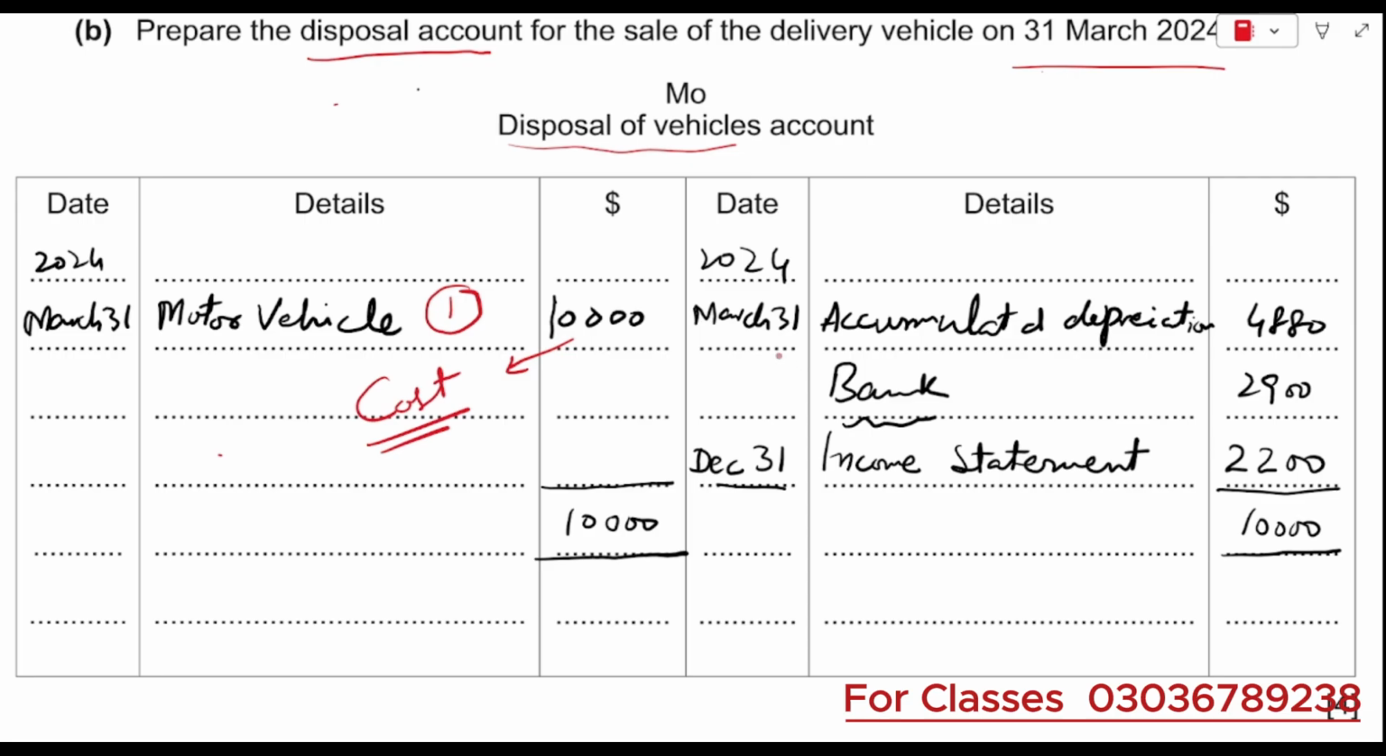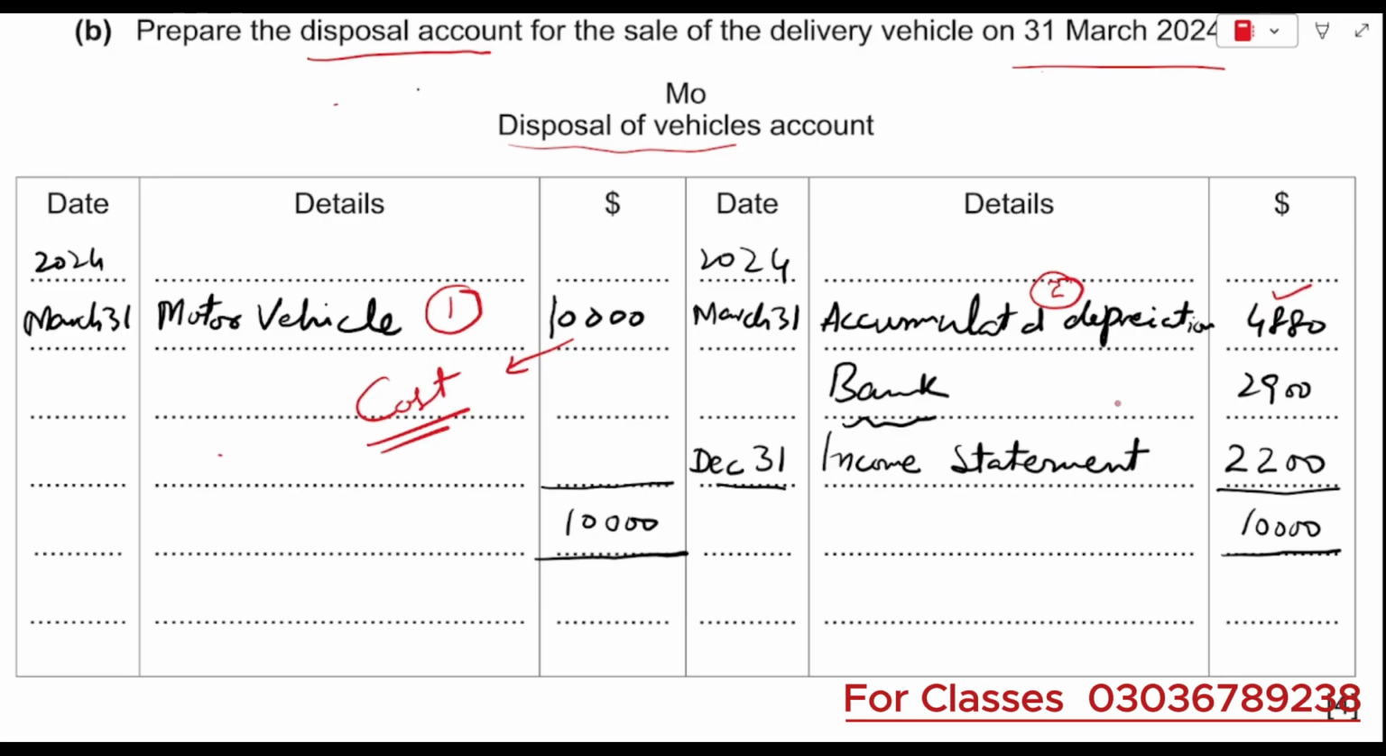Now this asset has been depreciated for 4,880, which means the total depreciation will be written on the credit side. Accumulated depreciation account is debited and the disposal account gets credited. This is entry number 2 that you will do in the disposal account. Remember, entry 1 on the debit side, entry 2 on the credit side. When we don't have the asset in our books, its depreciation is of no use in the depreciation account, so we will take out its depreciation, that our asset has been used for